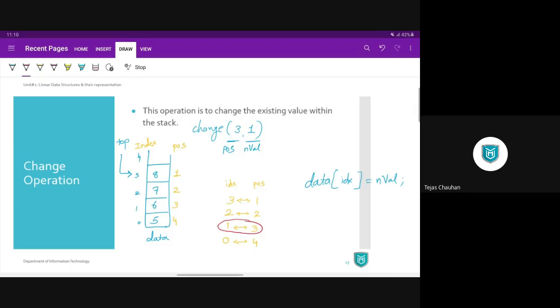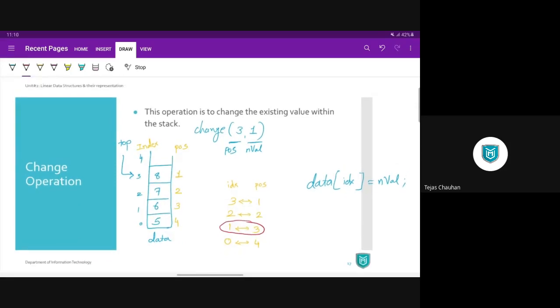Max is 4 here. Check out. Will it work? Always? I'll say please check always. Is it going to work?